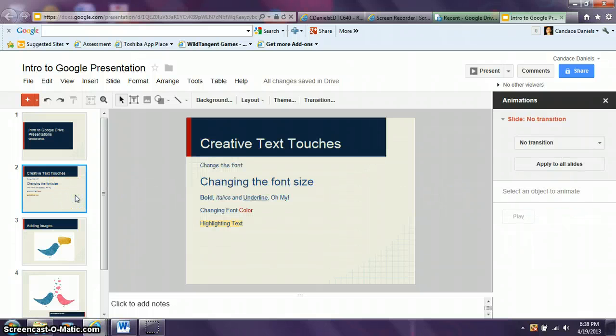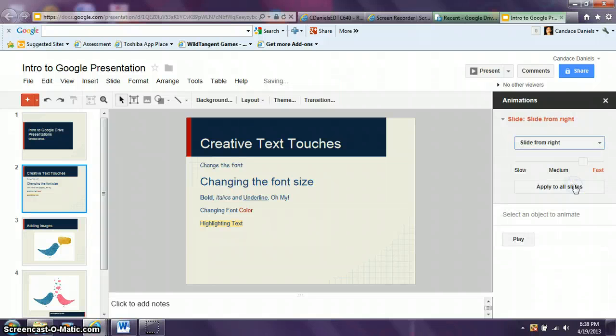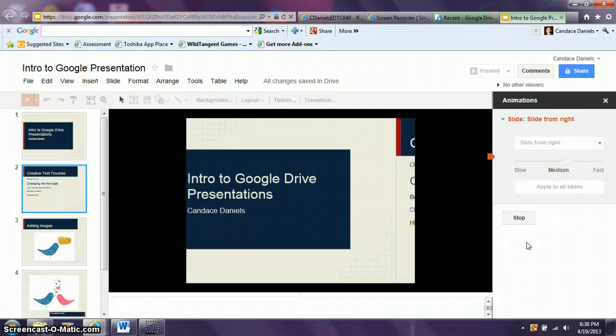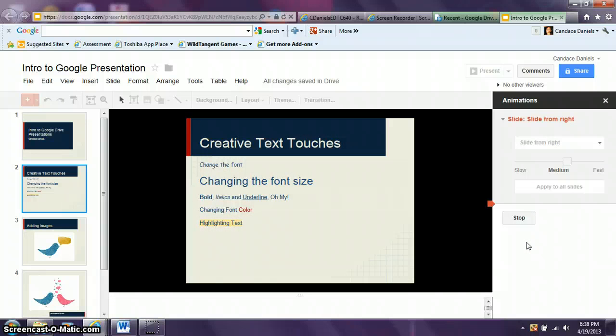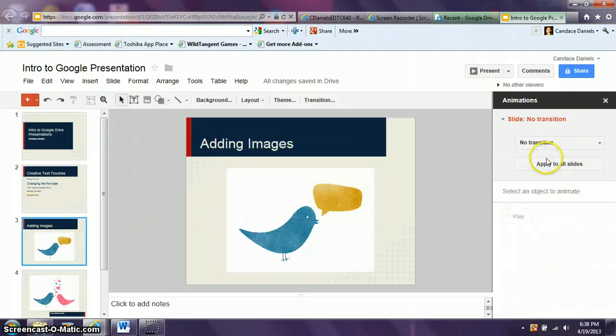So I'll click slide number 2 and change the slide transition to one of the other ones. So this one I'll have come sliding in from the right, and I'm going to slow it down because I actually like the speed of the last one. So I'll set this one at 2.0, and I will play to see if I actually do like it. And yeah, that's pretty interesting. So I'll go with that one,